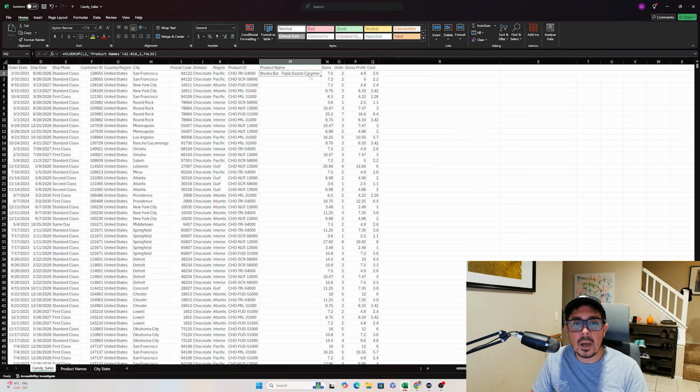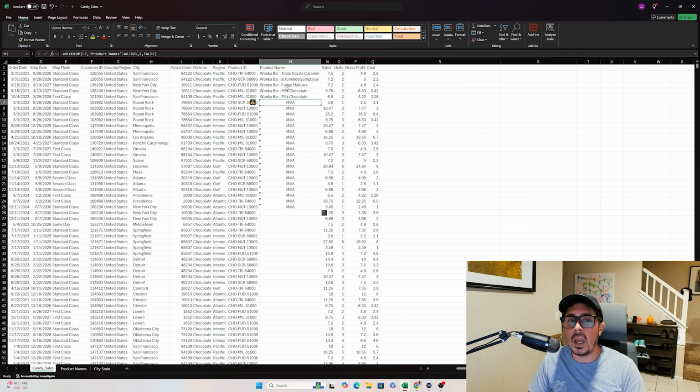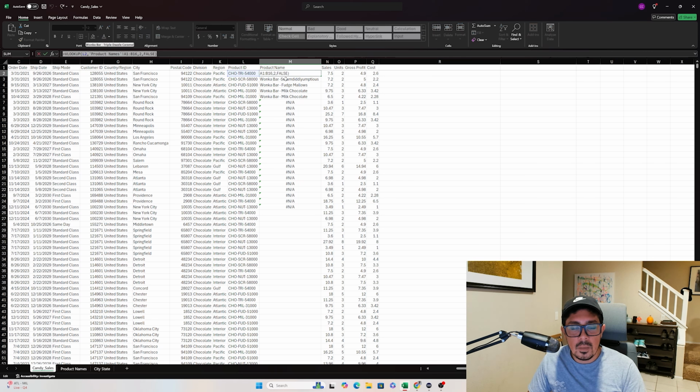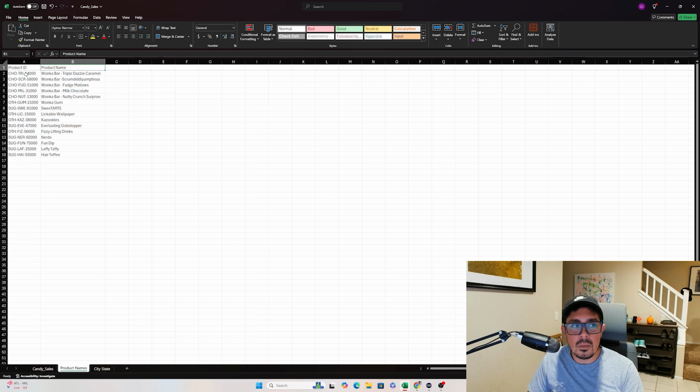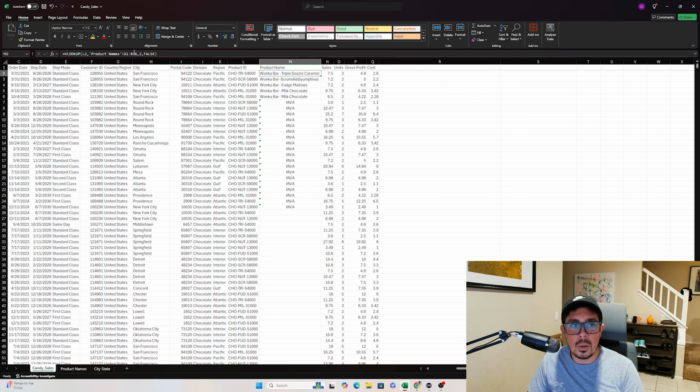But one bump you might hit is if I select a couple of rows and then try to drag this data down, you're going to see we're going to start seeing errors. And that's going to be because if you look at the command up here, it says A2 to B16. The next one says L3, which is correct. We want this product ID, but it says A3 to B17. So we start moving down in the data that we're looking up, and eventually we just start looking up data that doesn't exist. So the goal here is going to be to lock in these row numbers on the